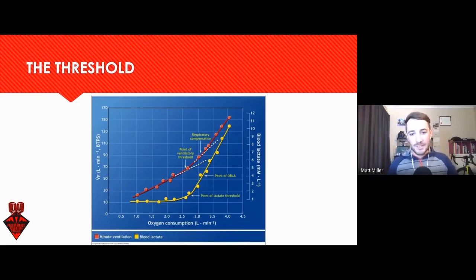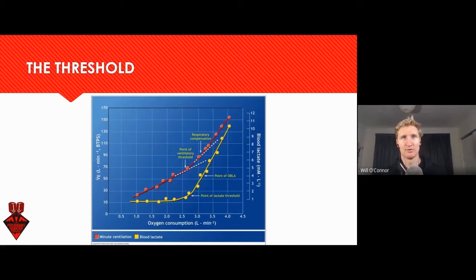And what you can see, and the important thing to note here, is they both happen around 3 liters per minute of oxygen uptake. And then if we go up to the next line, the red one, that's volume of expired gas. And you can see the ventilatory threshold there, the first one. It's happening about the same intensity as the lactate threshold. And the respiratory compensation point is happening about the same point as OBLA. As a practical reference, I like to say respiratory compensation point is where you can't hold a conversation comfortably. You're like, yeah,